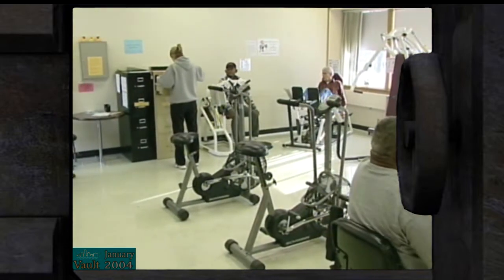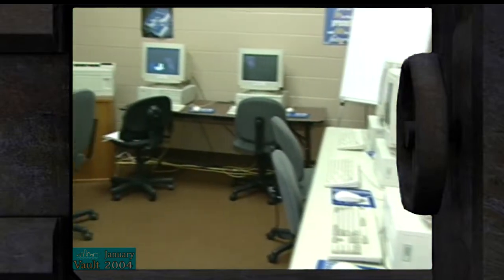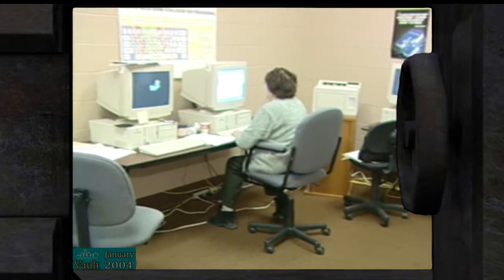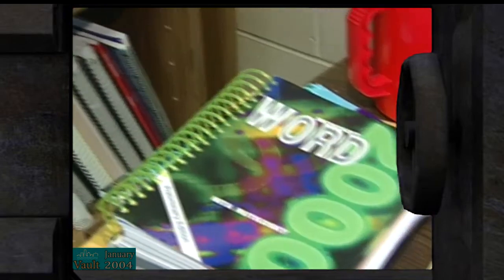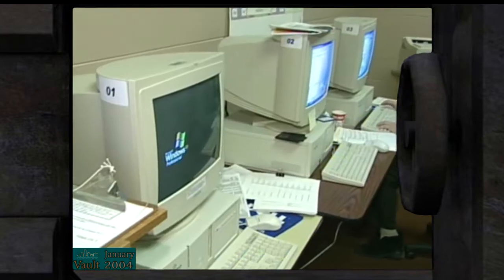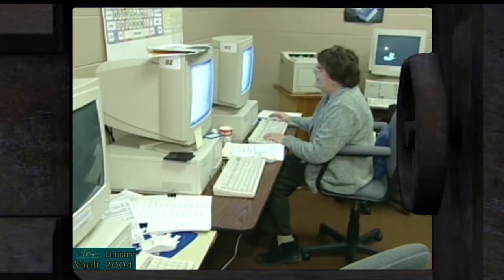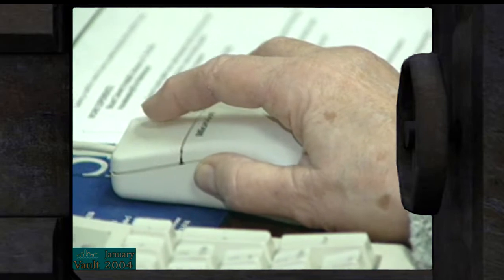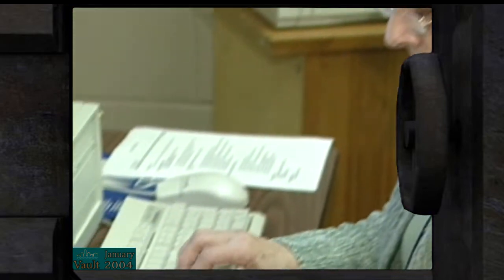We also have a fantastic computer program that we can start somebody off who doesn't know anything and then bring them up to the more advanced where they might be scanning photos or doing print shop or Excel. That's a collaboration that we have with MATC.